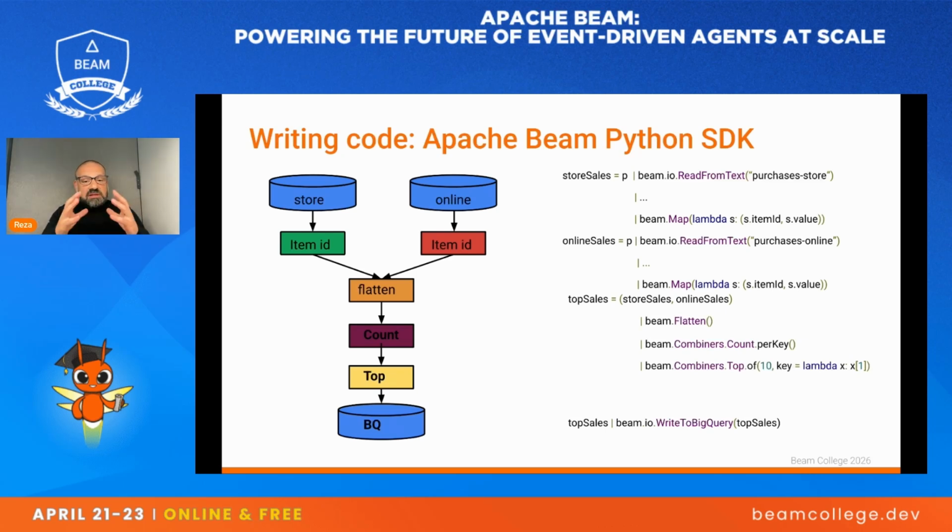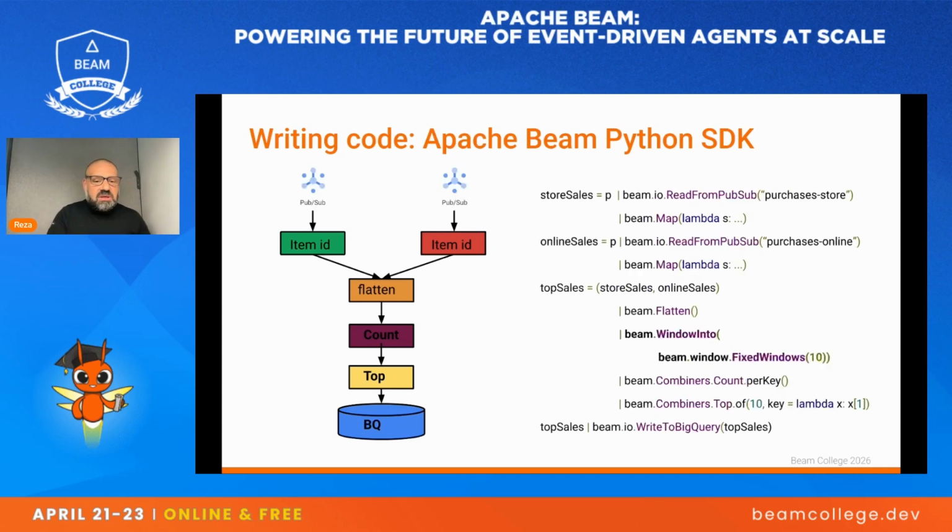Now, the nice thing about Apache Beam is it unified the ability to do batch and stream processing within the same SDK, and without having to adjust your business logic. So here we see the business logic in this section. What do we need to do to this whole pipeline to move from batch processing to stream processing? Well, very little. First of all, we change the sources. So now, rather than reading files, we are reading from PubSub.